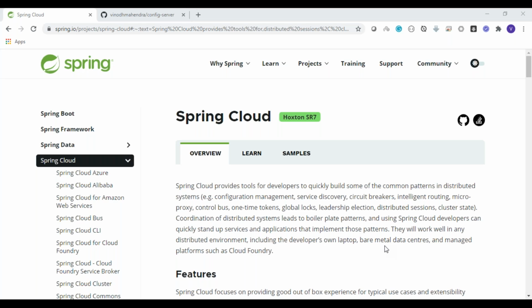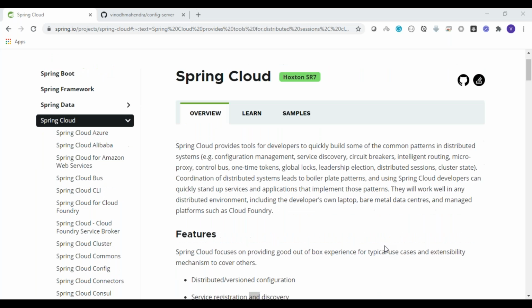Now, for the people who don't know what Spring Cloud is, a small message: Spring Cloud provides tools for developers to build some of the common patterns when you're working with a microservices based application. For example, configuration management, service discovery, circuit breaker, and many more things are there. Implementing these patterns in your application without Spring Cloud would be really